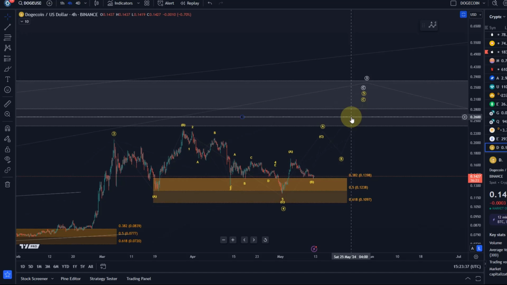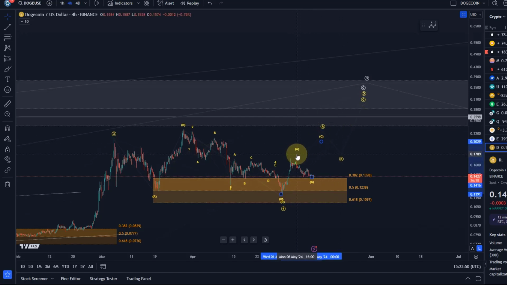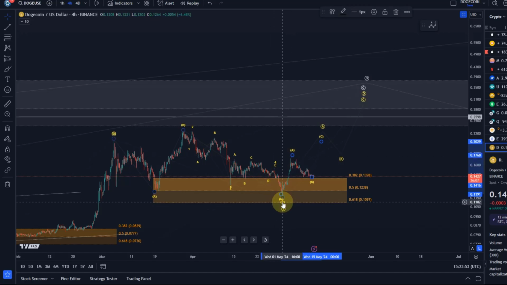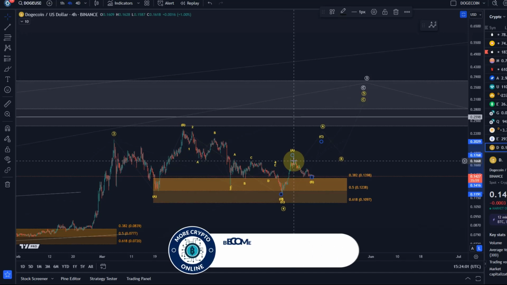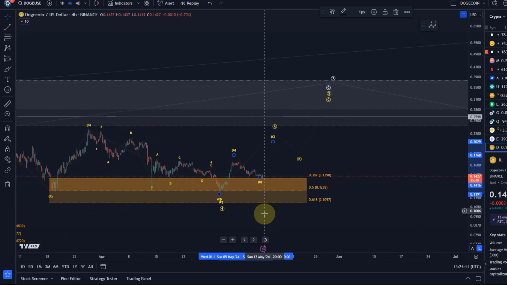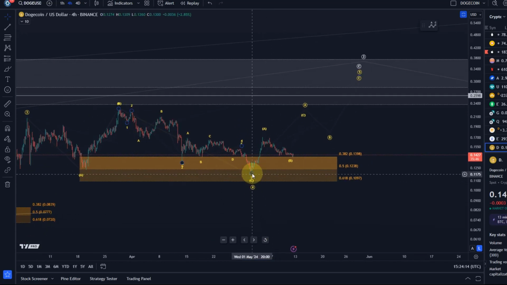We're not dealing with an impulse here. Doge failed to rally in 5 waves. That doesn't mean that it has to make another low, but it means that the view is not so reliable. Had this A wave been a 5-wave move, it would be more reliable. Whenever we see an impulse in one direction, it indicates that the trend is going in that direction. If it's a 3-wave move, it's a bit like a coin flip. But what we can still do is identify the structures and then relevant key levels, but you don't necessarily have the probabilities on your side. That's what I'm trying to say, and that's the tricky situation here in this case.